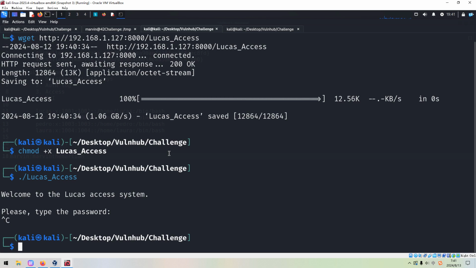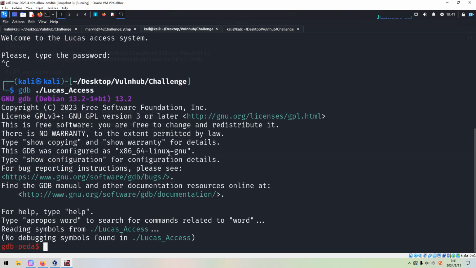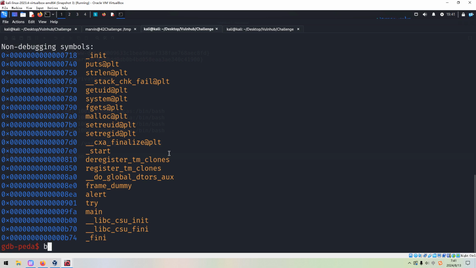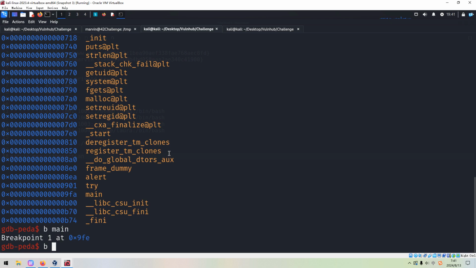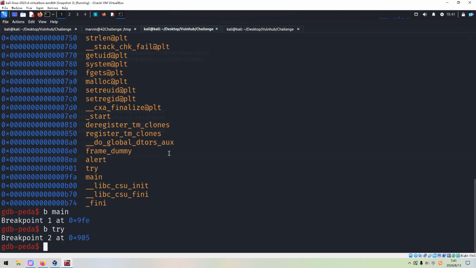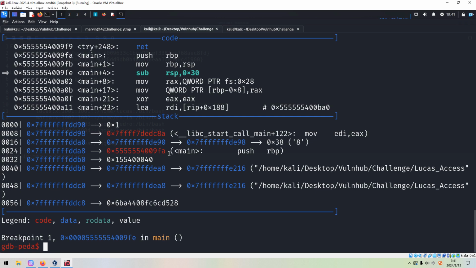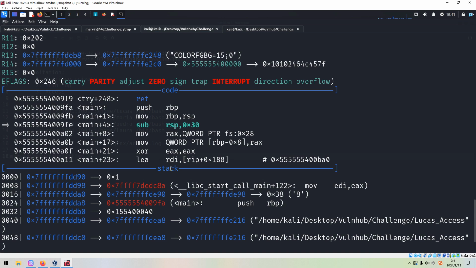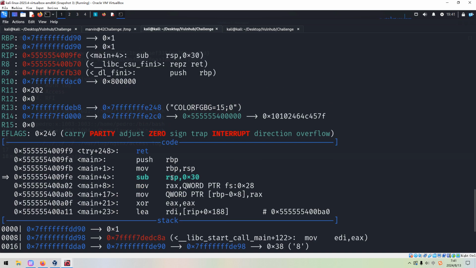Okay, so how to do? We can use GDB to debug, and we can use the functions command to display all functions. We can set the breakpoints at main and also try, and then we can run it. And we need to understand, of course, this is assembly language, very difficult to understand.